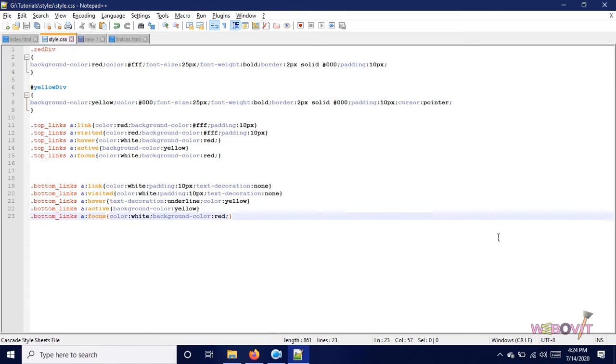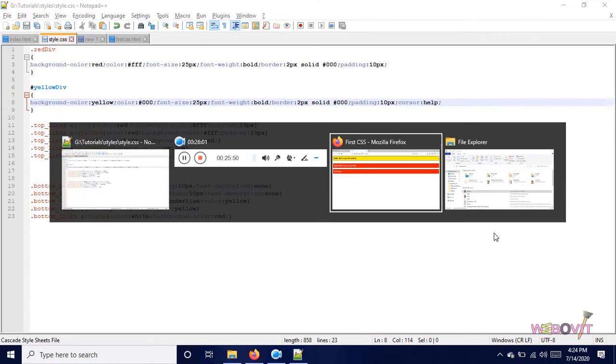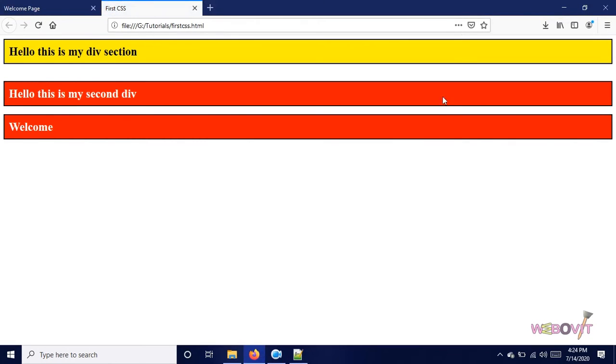Now I will change the cursor from pointer to help or some other cursor. So if I change the style of the cursor to help, and when I bring the mouse over it, I'm having a little question mark sign available down the arrow. So this is for the help. Okay, so you could experiment with the various cursors available, and you could check which are available for your browsers and which are not available.